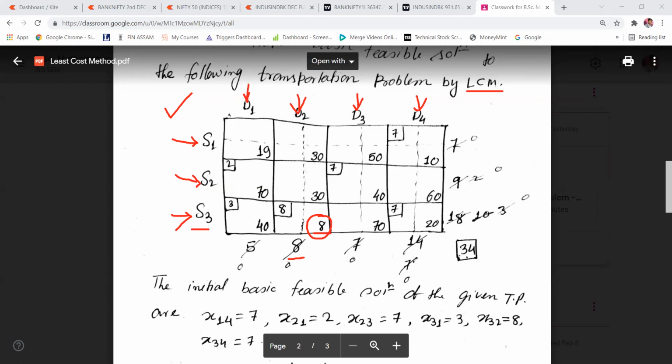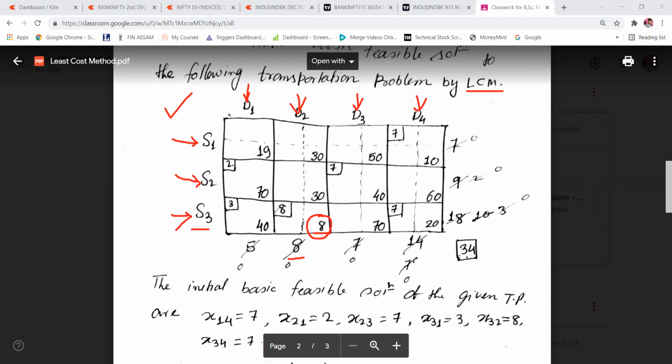So from this supply and demand, which one is minimum? Demand is 8 units and supply is 18 units.